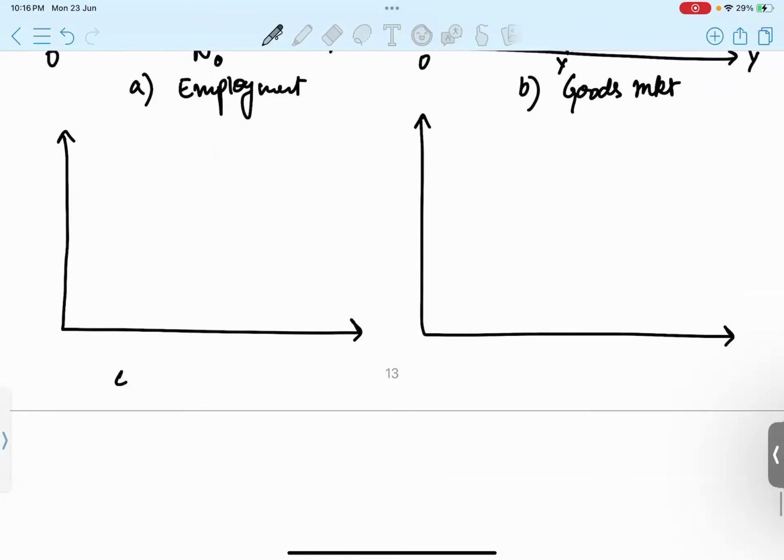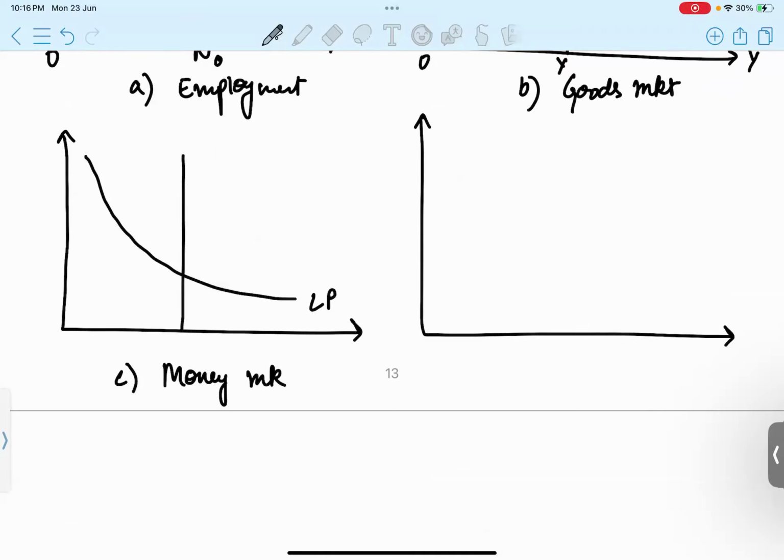Then panel C represents the money market. In the money market, we will be drawing the money demand and money supply curves. So a downward sloping demand curve, which we were referring to as liquidity preference in the economy. Money supply remains fixed. So this is the initial position. Rate of interest would be depicted here. Here we have quantity of money. This is R. This is, let's say, M naught, the initial level of money supply, and panel D would